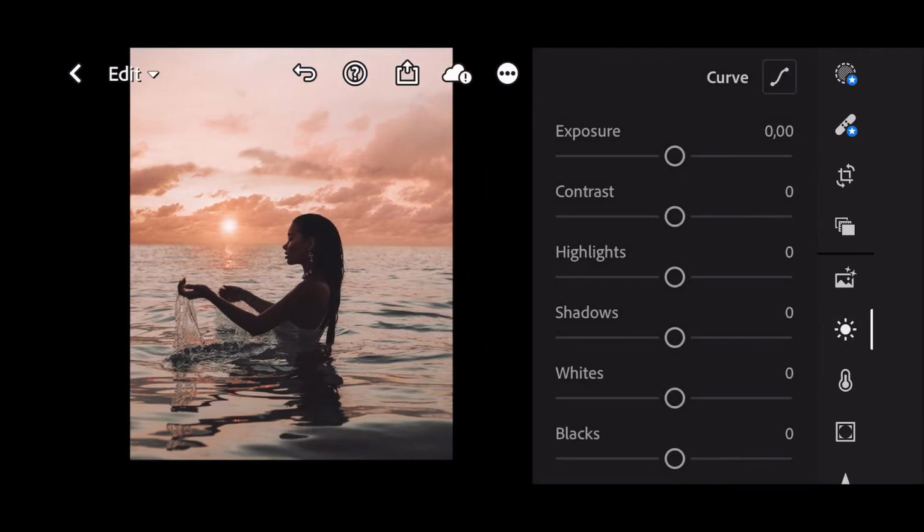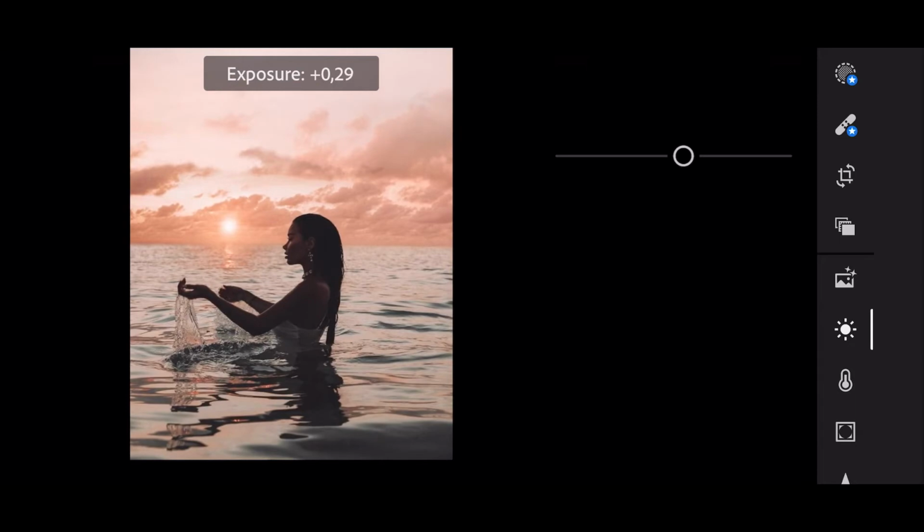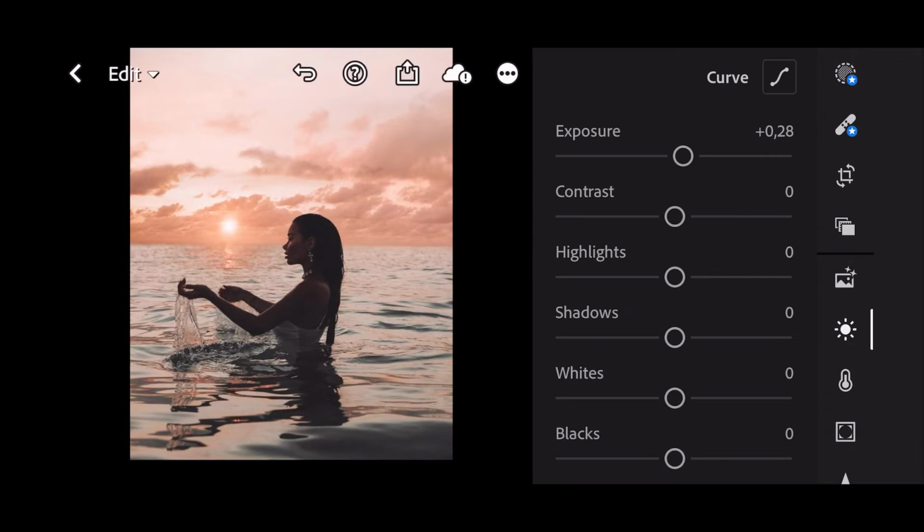Exposure to plus 0.28. Contrast to plus 8.